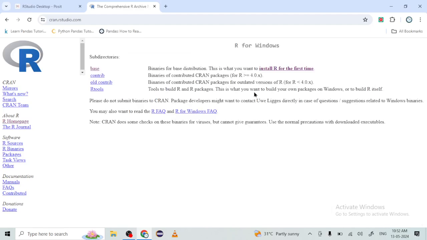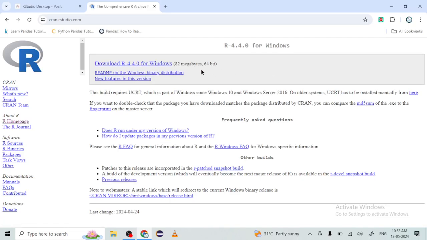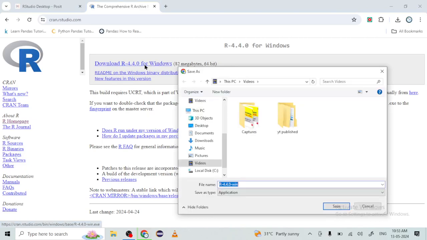In this, even though it's your first time to install the R interpreter, you need to click this, install R for the first time. Click on this. Here, you just click the first link, shown in the top left corner, which is download R 4.4.0 for Windows, which is 82 megabytes. If you click on this, your file location will be shown. So just download it,